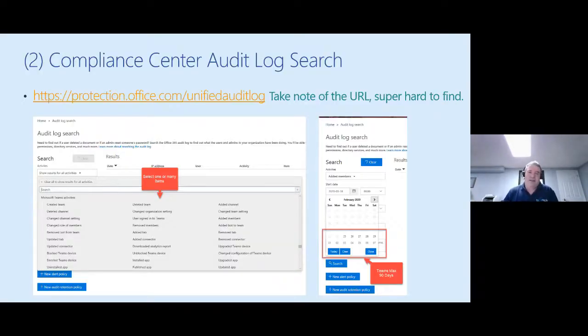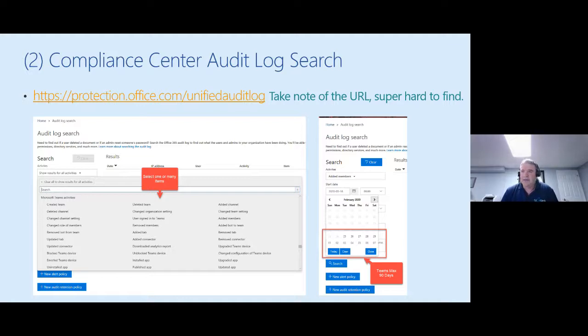The polar opposite of this is the Audit Log Search in the Compliance Center. What Microsoft also does is take literally all of the audit data. Think almost every click that you have within a Teams environment, SharePoint, OneDrive, etc., and they're pumping it out into a part of the graph which is known as the management API. This data is being streamed, if you will, at fairly high velocity into that environment, and there's the opportunity for you to go and collect that.